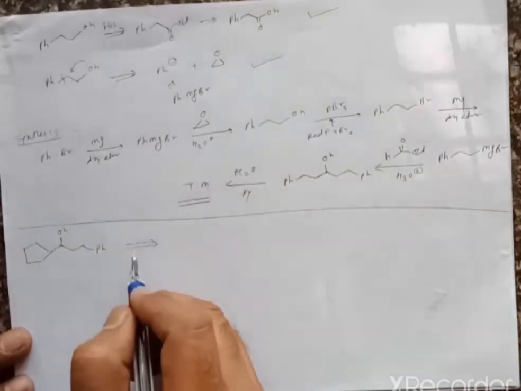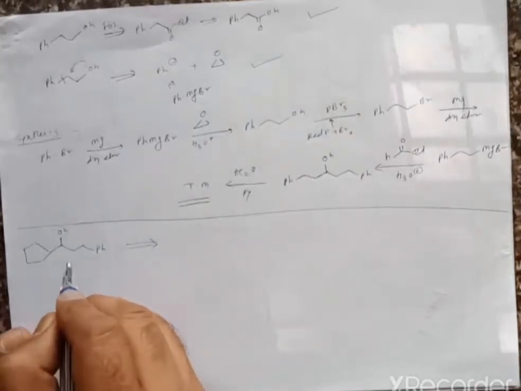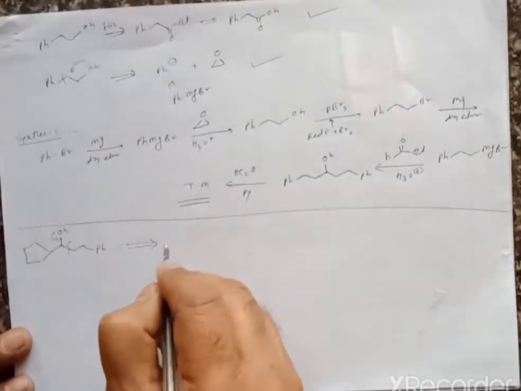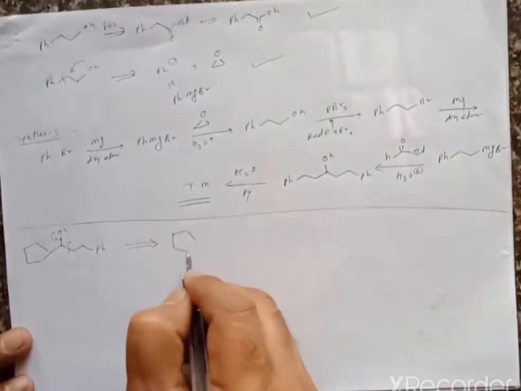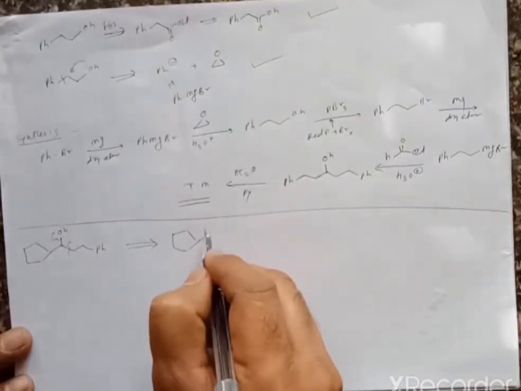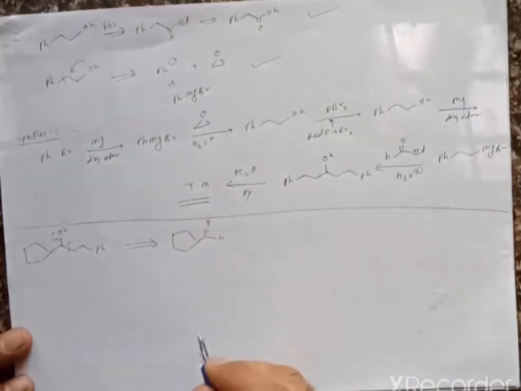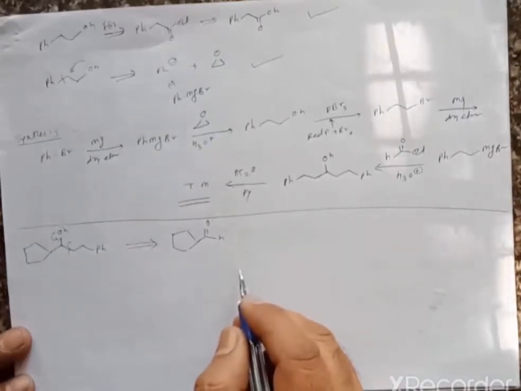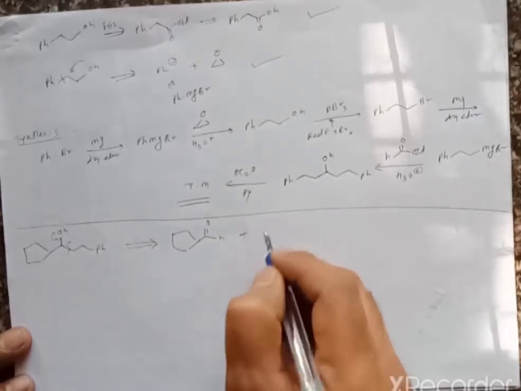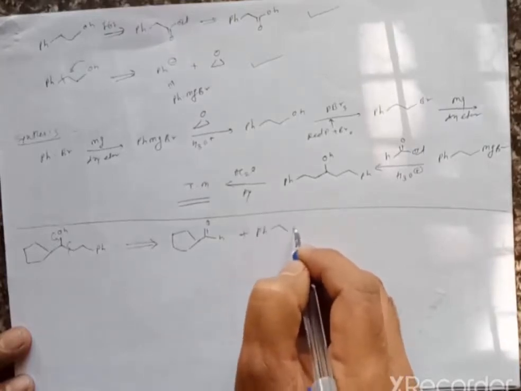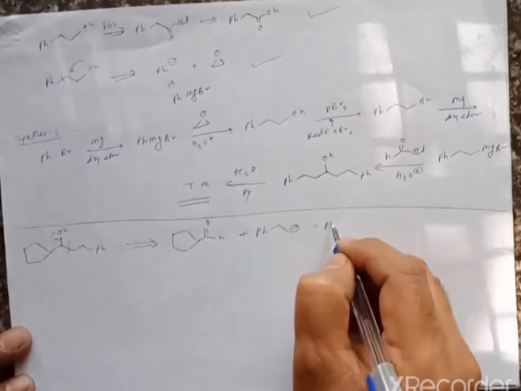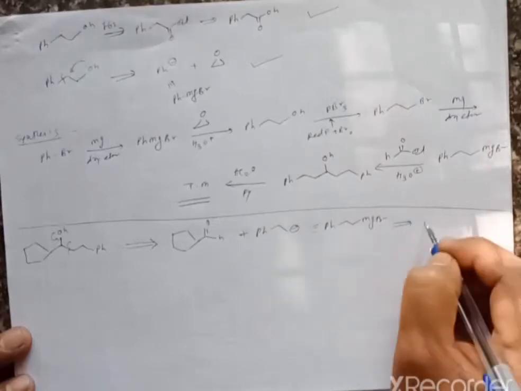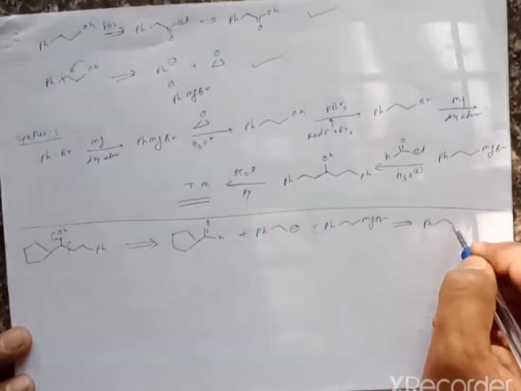Then we can go for disconnection. Here initially we can break this molecule at this position, and therefore it gives formation of an aldehyde, because if we take ester, it gives formation of a symmetrical alcohol, and if we go for secondary alcohol, we take aldehyde, plus there is formation of PhCH2CH2 minus, and the synthetic equivalent for this molecule is PhCH2CH2MgBr, and then for this molecule we can take PhCH2CH2Br.